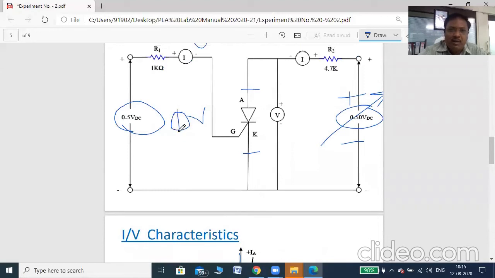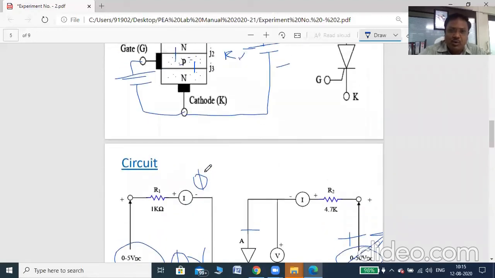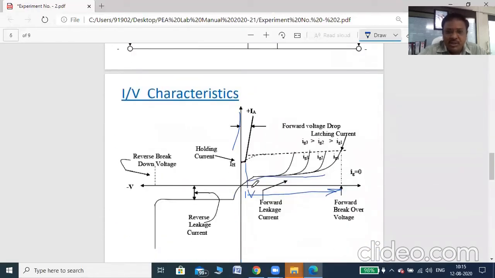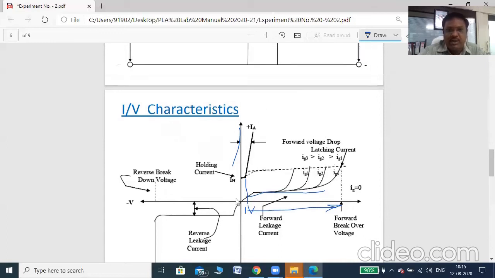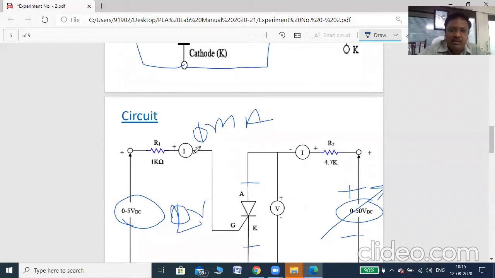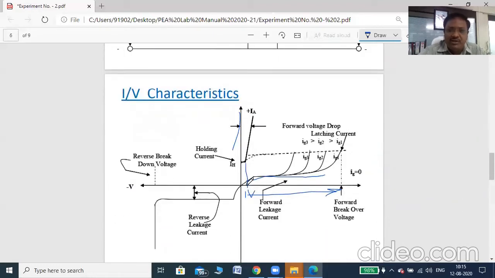If you apply 1 volt, at that time the current is, for example, 1 milliampere. So if the current is 1 milliampere, then what happens? Your SCR will be turned on at this point, called IG1. The voltage required to turn on the SCR without gate current is very large. But if you increase the gate current, it will turn on at a lower voltage, right? Once it turns on, again the voltage drops to 1 volt and the current increases, right? If you further increase the gate current to 2 milliampere, the SCR will be turned on here. See, this is the condition for 1 milliampere and 2 milliampere.